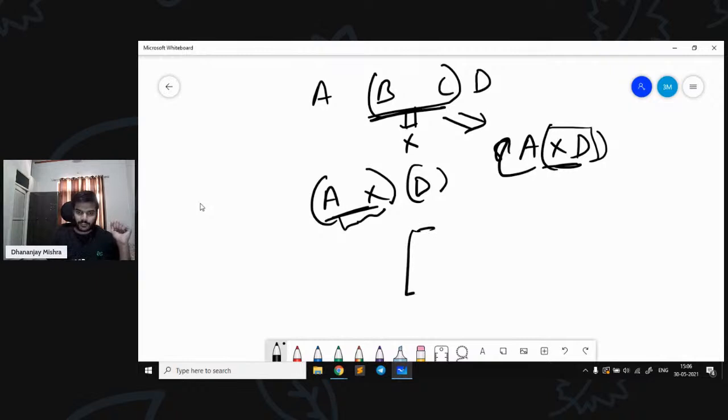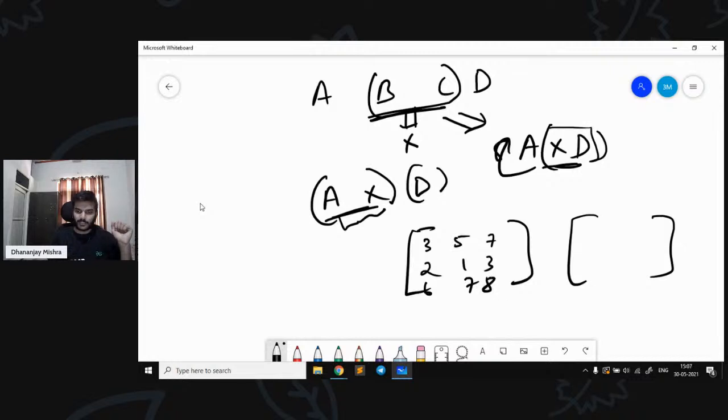Suppose you are given two matrices, this and this. How do you do multiplication? Suppose we have the numbers 3, 5, 7, 2, 1, 3, and take 6, 7, 8 here, and here you have 1, 2, 3, 4, 5, 6, 7, 8, 9. So how do you do matrix multiplication? What you do basically is